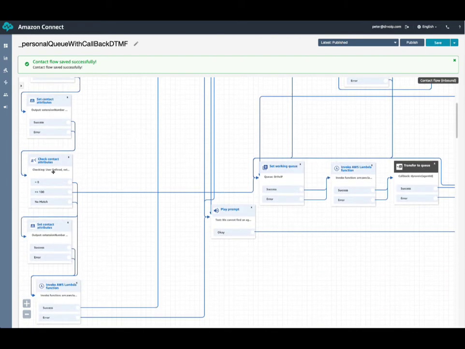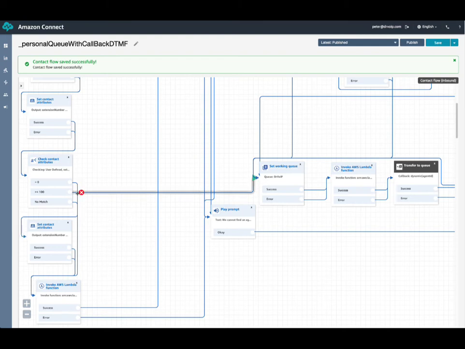Then here we're going to check that extension number to see if it's 0, in which case we've prompted them, if you know your extension number, put it in. If not, press 0, and we'll route you to the next available agent. So if they press 0 here, we're going to send them off to a working queue where someone else can help them.